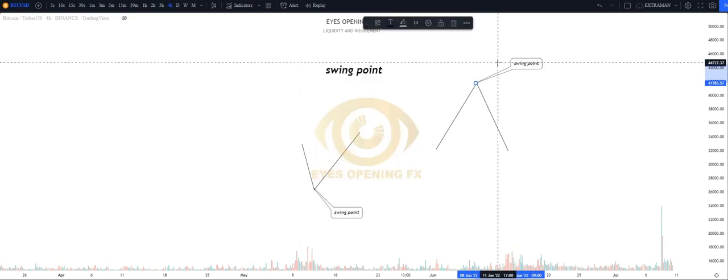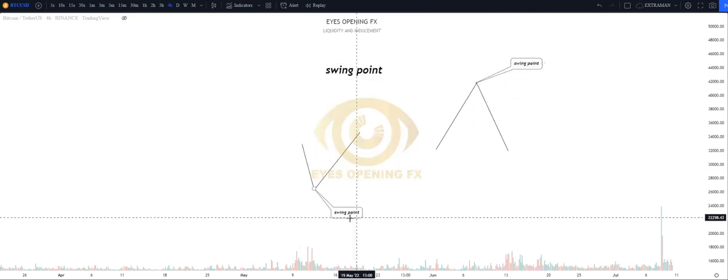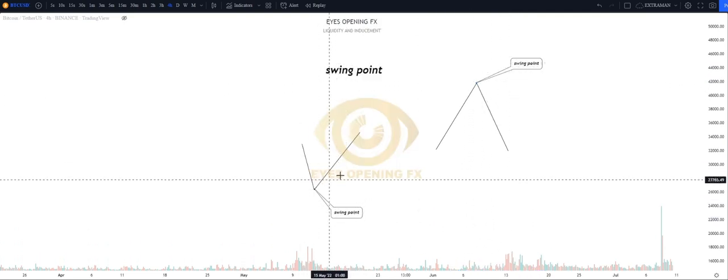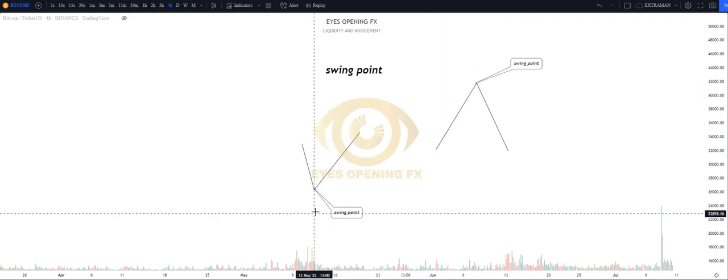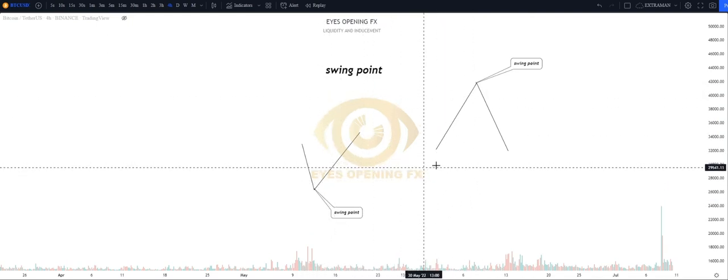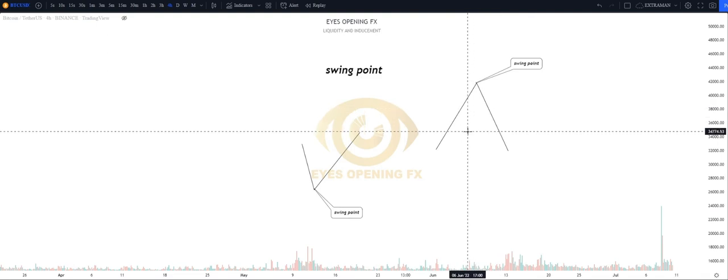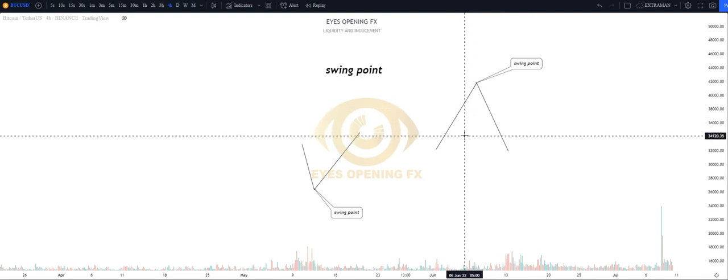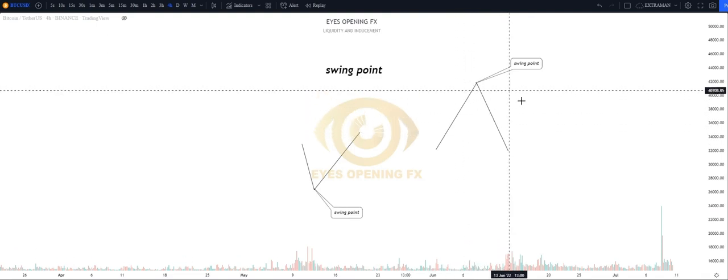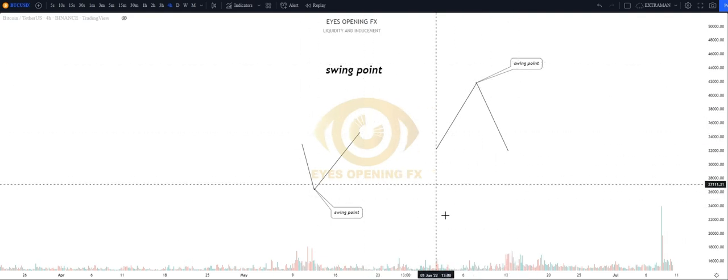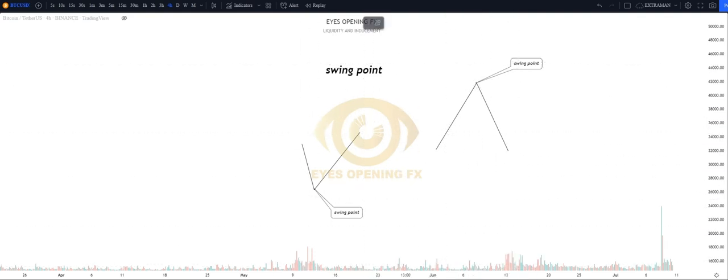All right. So this is a swing point. The difference between this and this is that we have a bearish swing point and a bullish swing point. All right. So we have bearish and bullish swing points. So when the market is giving us something like this,